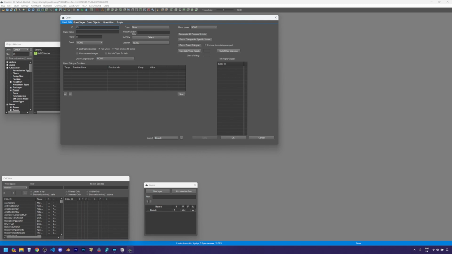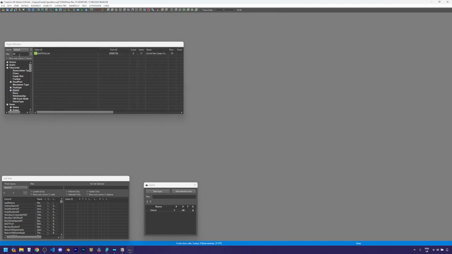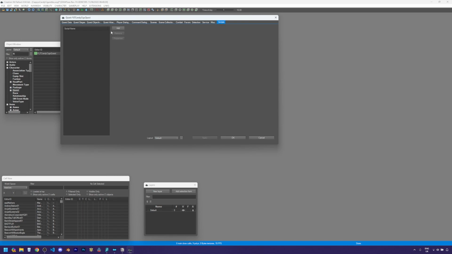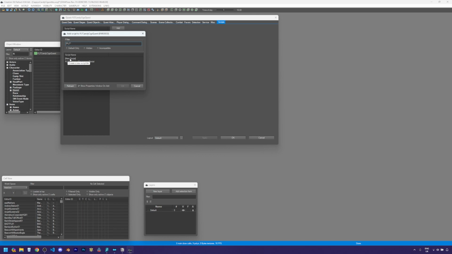give it an ID, and we want it to be start game enabled, run once, press OK, and then we have to find our quest again and open it up. If we come to the script section, if we choose add, and we want to choose new script, the name of the script, we'll just call this Candy Sig